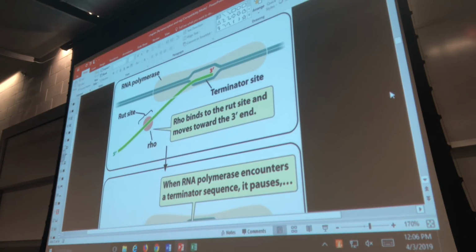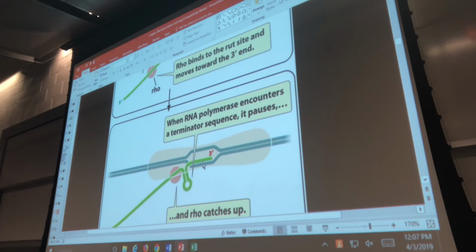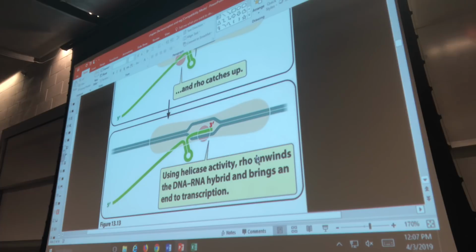Basically, there is a protein called rho. It binds to a site on the mRNA strand called the rut site, I don't know how it's pronounced. It binds to a particular site on the mRNA strand and then travels up along the mRNA strand until it catches up to the transcription bubble. When it catches up to the transcription bubble, it uses its helicase activity. The rho protein, it turns out, has a special helicase activity whose job is to unwind everything from each other